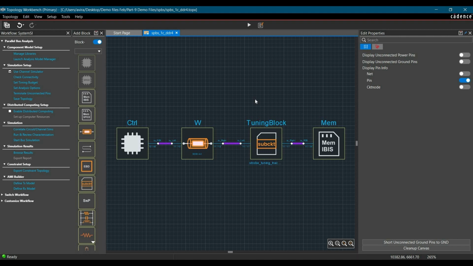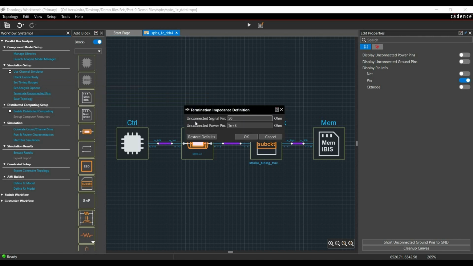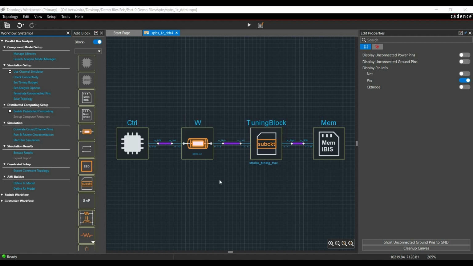Once we have done that, we'll click over the Terminate Unconnected option from the System SI workflow. Then we'll assign a 50 ohm impedance to unconnected signal pins and a mega ohm impedance to power pins and click on OK. Next, we are going to run the sweep analysis for the propagation delays that we have set